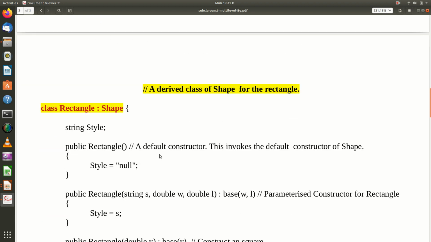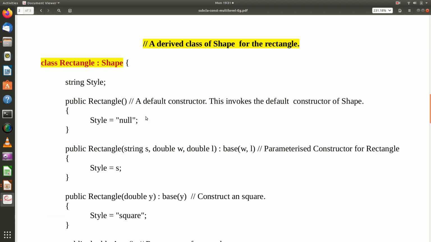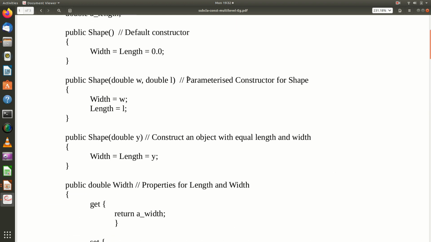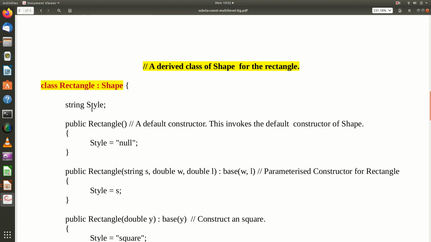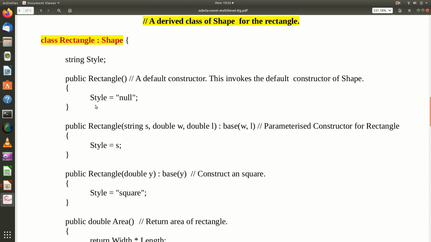Now let us see how it is defined in the derived class. Rectangle inherits the properties of shape. Shape already has width and length. What I do here is add style as another data member for the rectangle, and the rectangle class defines a default constructor.